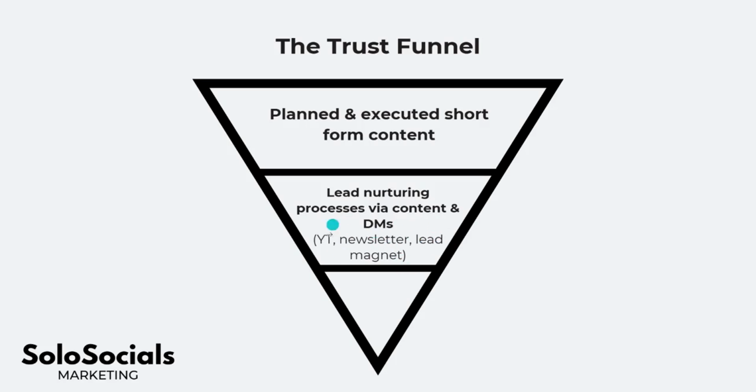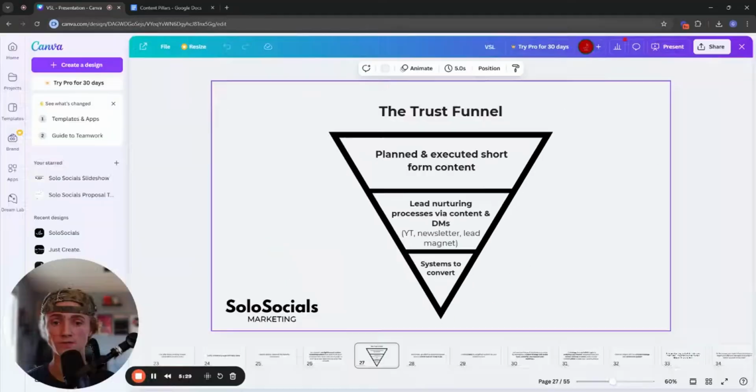And at the same time, another part of lead nurturing could also be retargeting ads. You could be running some sort of authority campaign where you're running a few low budget daily retargeting ads, where you're basically just breaking off people's skepticism, showing that you're an authority, showing testimonials, stuff like that. And that's kind of like your middle of funnel. That's something else that you can add right there. And so the last part of this is obviously the systems to convert, having the appointment setter, having the sales processes, making sure there's as little friction as possible. But this is what the trust funnel looks like.